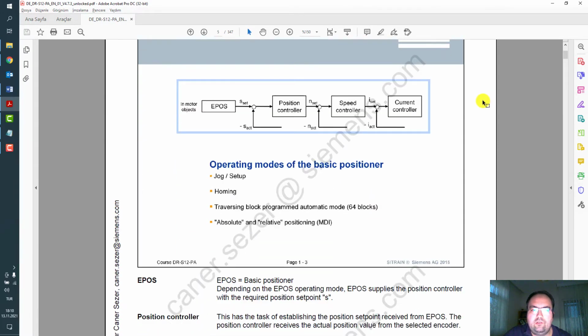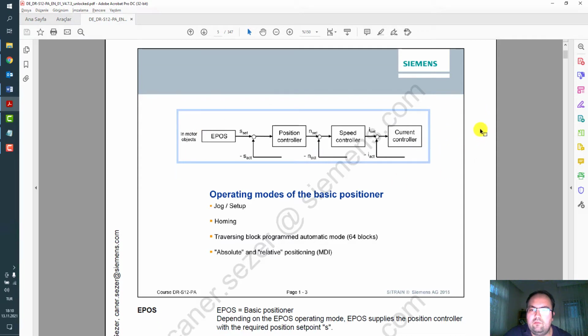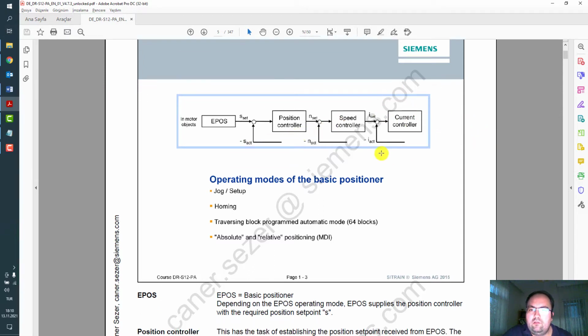Next page, here there is a basic block diagram of control side of the drive about the cascade controller. Our current control is the first step, is the first PID loop controller inside the drive. And before that is another controller, the speed controller, generates our current set point and compares it with actual current of the feedback from the current transformers.